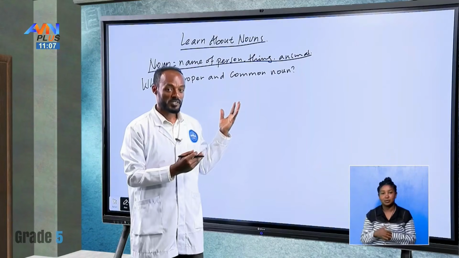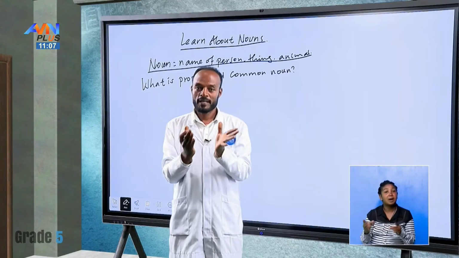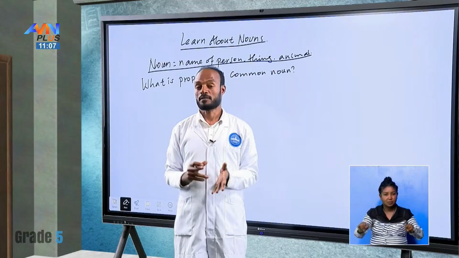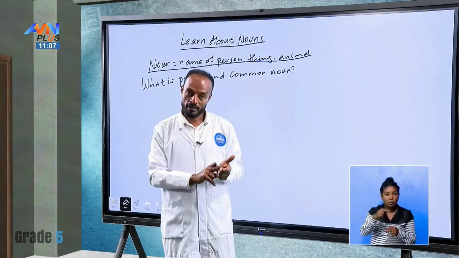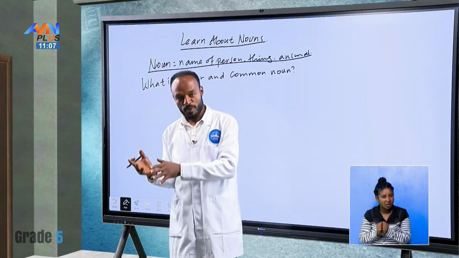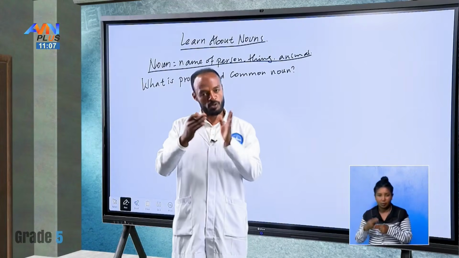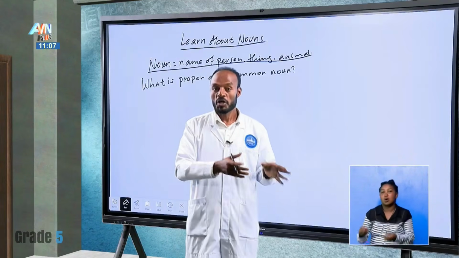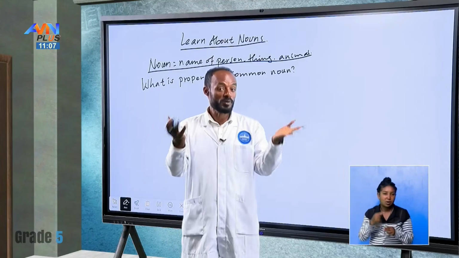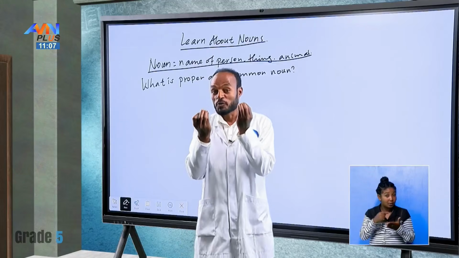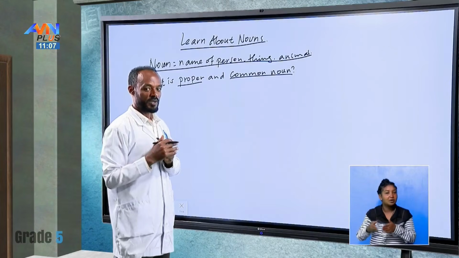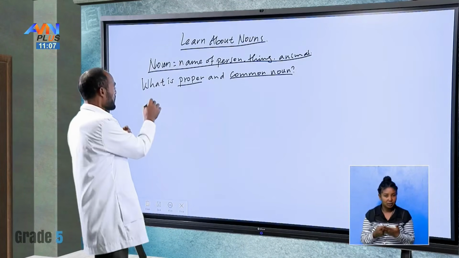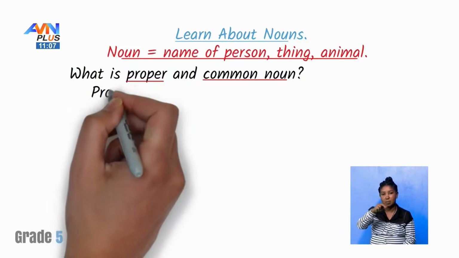I hope you have some information about this point, isn't it? Good. Here, students, by its nature, noun can be classified into different parts: proper noun, common noun, abstract noun, collective noun, and also countable noun, uncountable noun, singular noun, plural noun, regular noun, irregular noun. There are so many, okay? Among them, our business today is just on common and proper noun. Then we will see the next point. So here, proper noun means